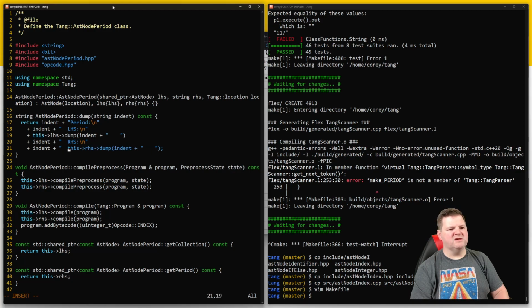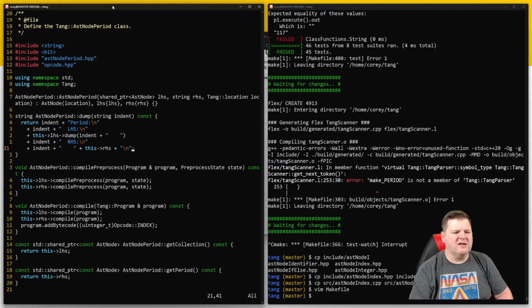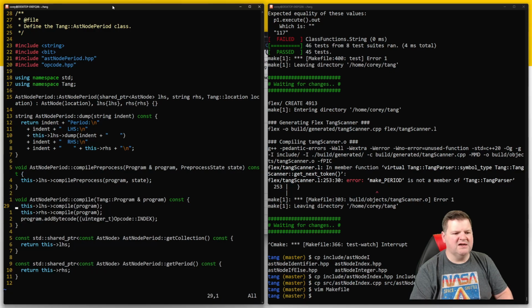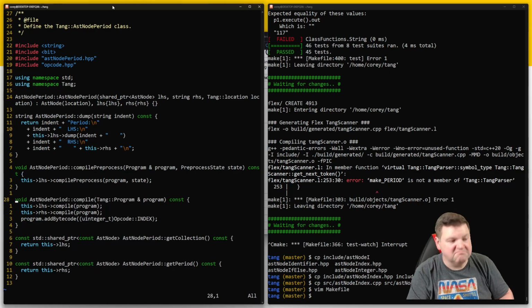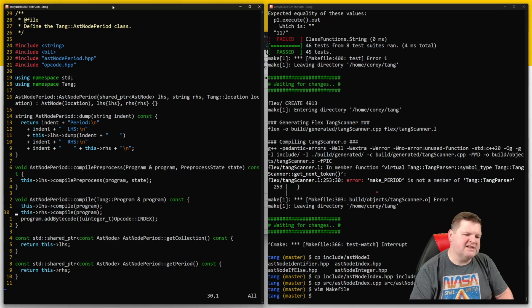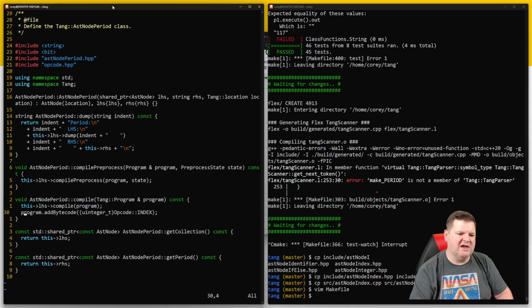Indent plus 1, 2, 3, 4 plus a new line, because everything adds a new line. All right, that should be right. To compile pre-process, we only had to do it to the left-hand side. The compile, this one's going to be interesting. We compile the left-hand side, and then the right-hand side is going to be a